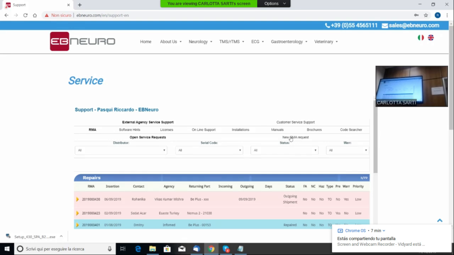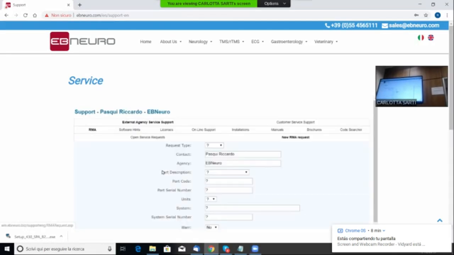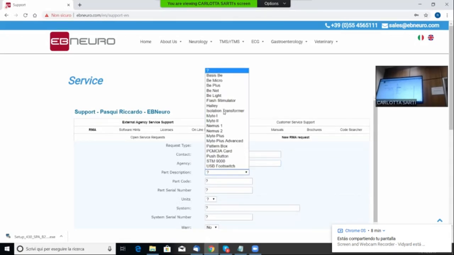Here you can define the request type, your name, your agency. Here you can find the type of the hardware that you have. For the same reason, here you can find the new hardware, for example the BA Plus Pro, because we still change the computer software and we don't continue the support here. In a few minutes we change everything. But I repeat that I needed to give you this information according to my quality system.